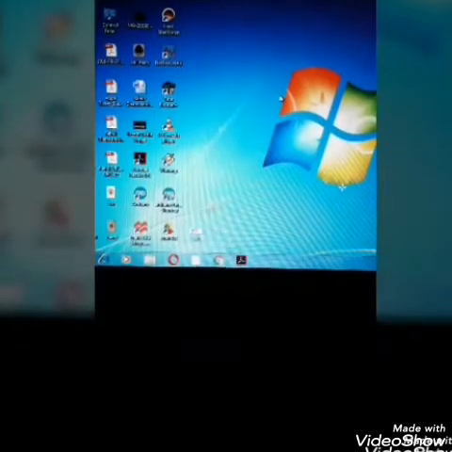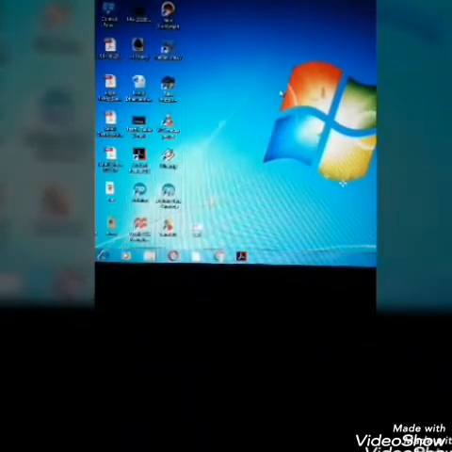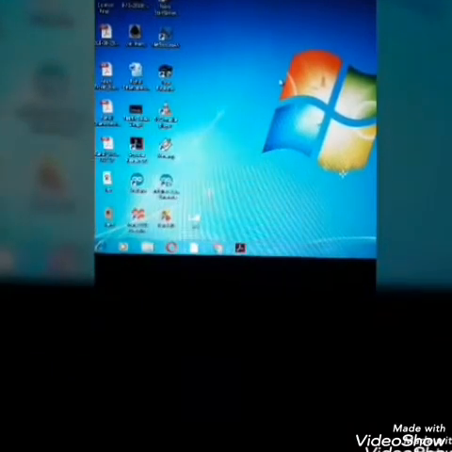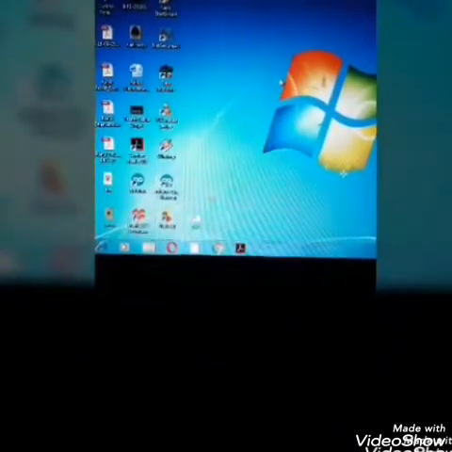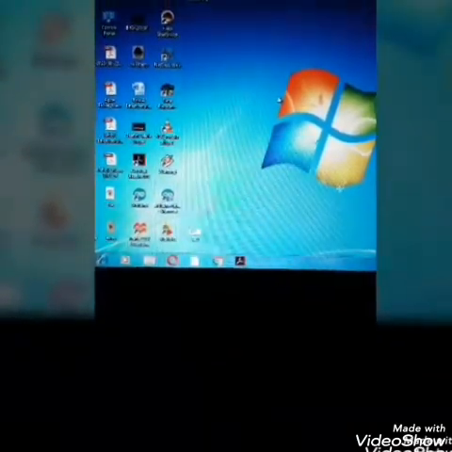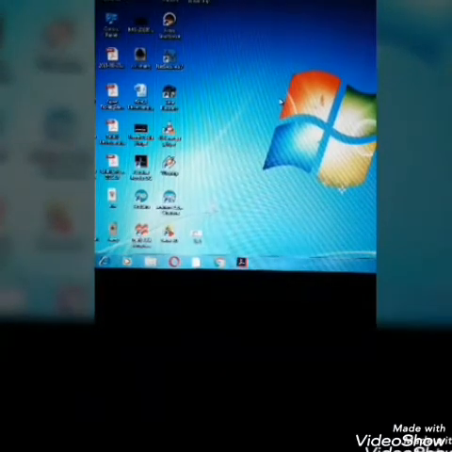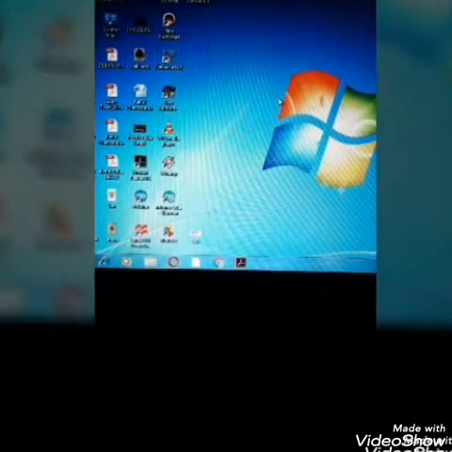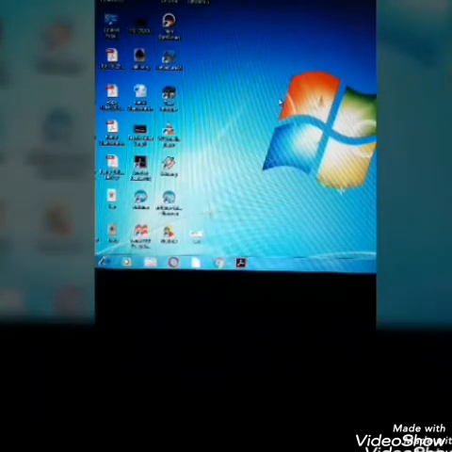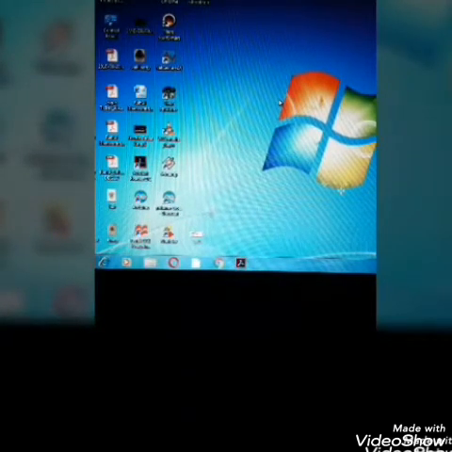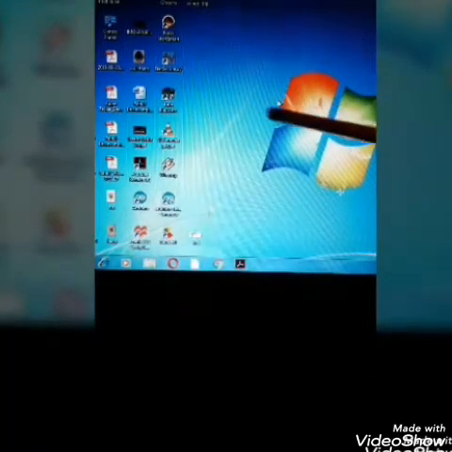So children, before we start, let me make a few things very clear. Here see, as you all know, I am shooting with my mobile and I am focusing it on the laptop screen, that is the monitor. So it will appear like this. As you can see now, it is appearing wavy.